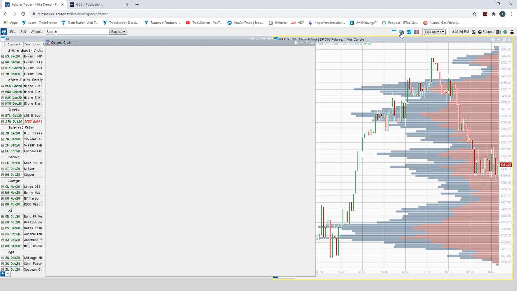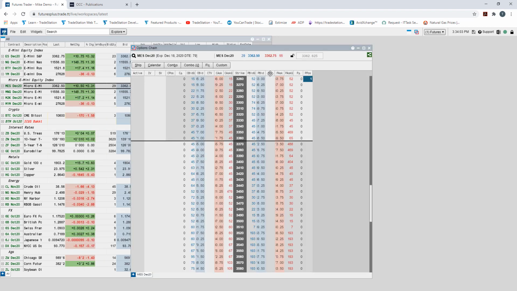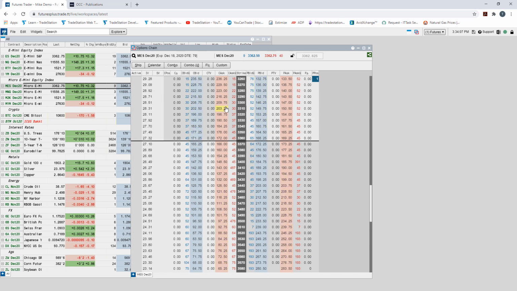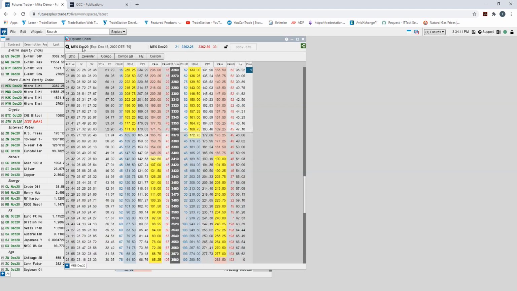If I click on that, I'm going to right click and fit all the columns to the content there. This is the December quarterly contract. Let's say I want to trade the weekly. Let's say I want to trade for tomorrow. I want to trade the weekly that